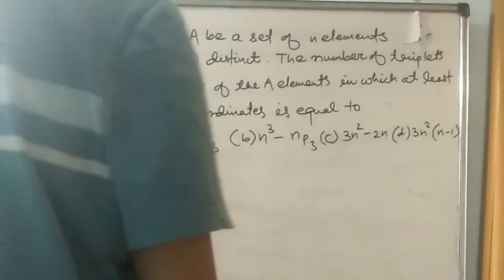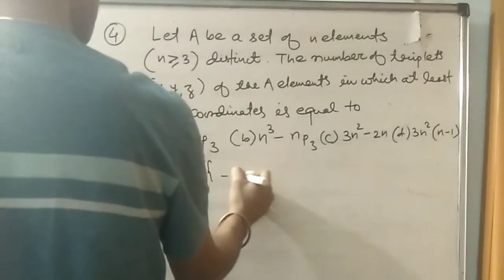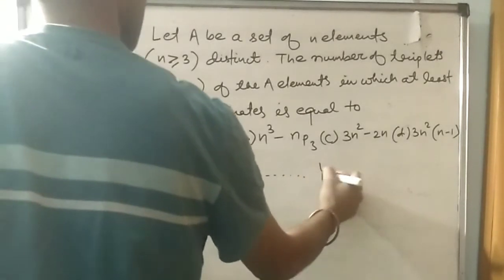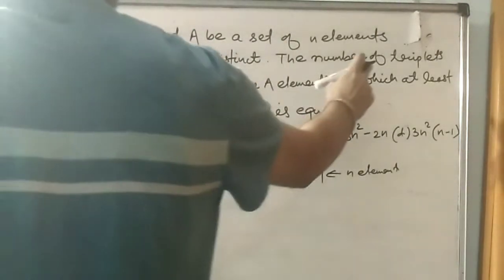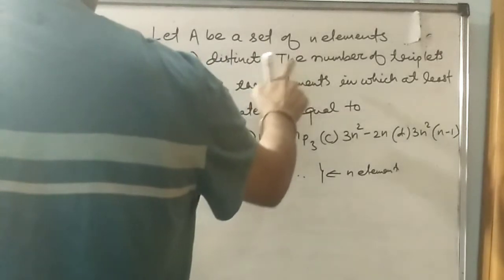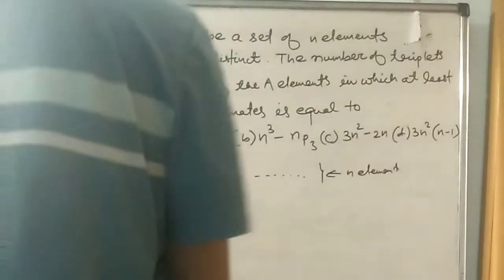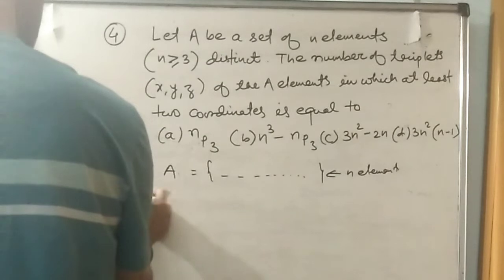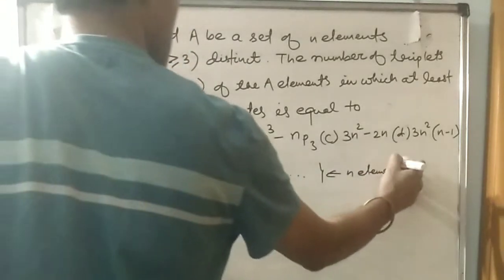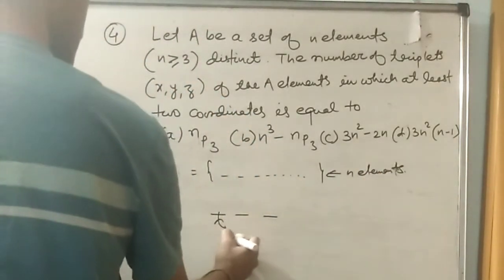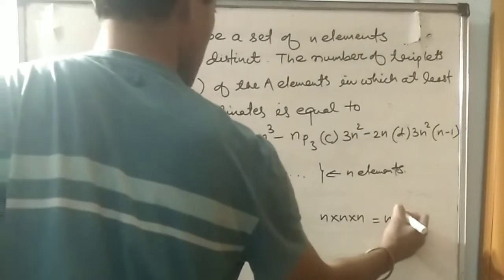Okay, so looking at our next question, there is a set A which contains n elements. The number of triplets, this is what we have to form. So we have to basically form the sets which are having 3 elements, in which at least 2 coordinates are equal. So first, we'll see in how many ways we can fill the 3 places. We have n elements, so first place can be filled in n ways, second also in n ways, and third also in n ways. So this way it is n into n into n, that is n raised to 3,